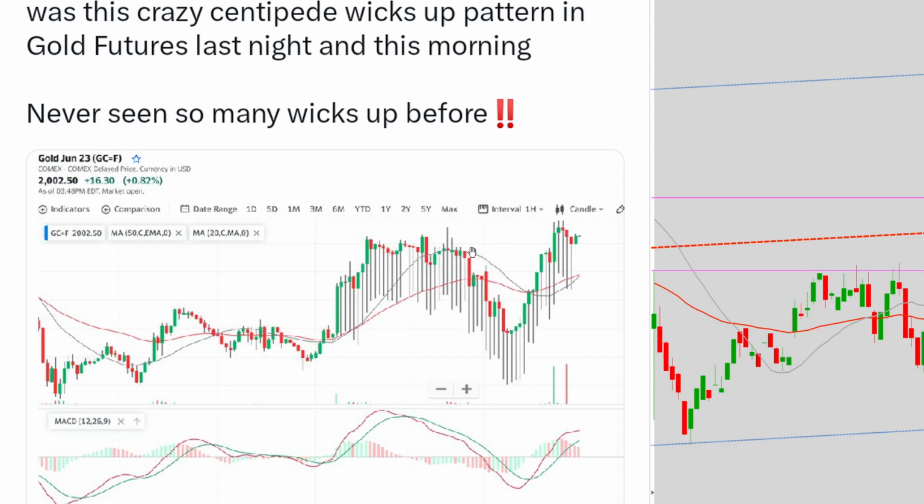Okay, check this out. Higher highs. See that? Higher highs. Higher lows, right? Higher low, higher high. You're going up. You're going higher. Okay? No ifs, ands, or buts about it.